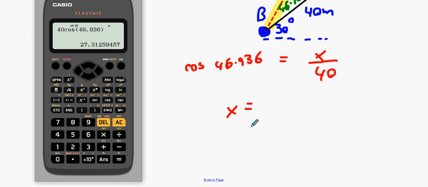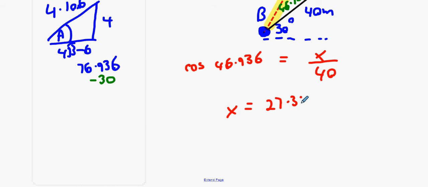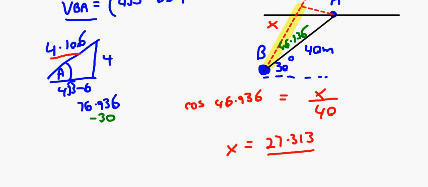27.313. Right? That's my distance. Now what's my speed I'm travelling that distance at? I'm travelling at 4.106. So time is